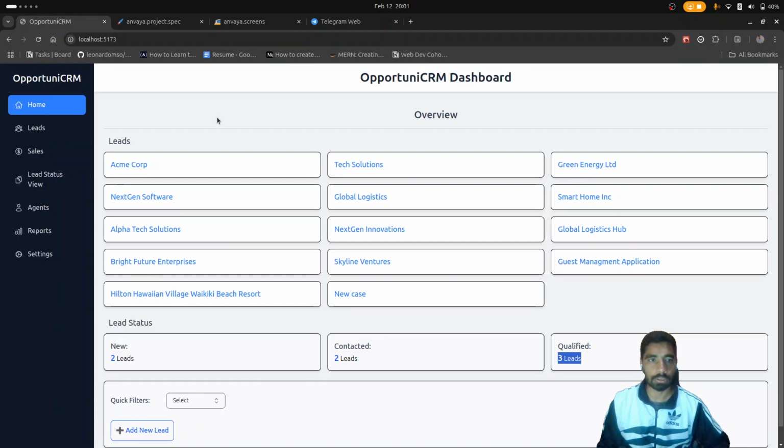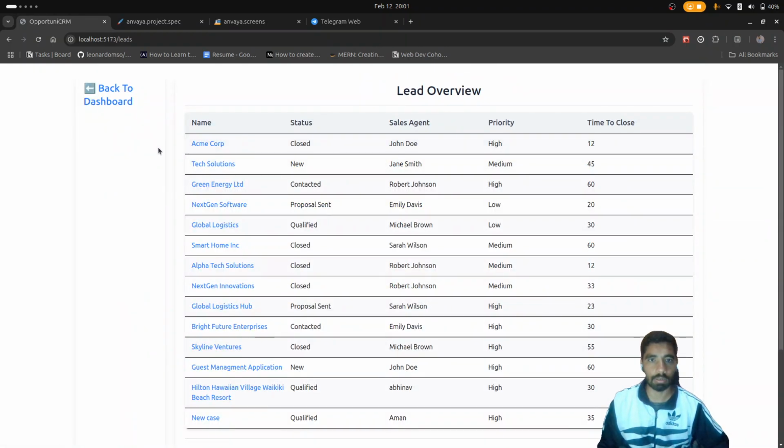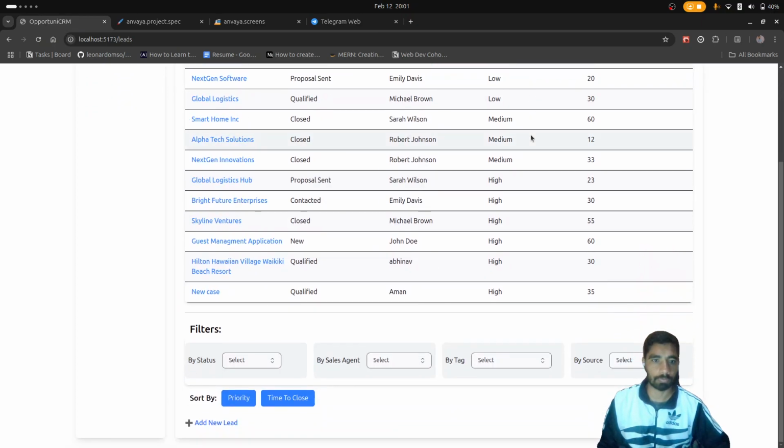So let's see our next page, the leads page. Here is the lead overview page, it will show all the leads fetched from the backend. So in the UI, name, status, sales agent, priority, and time to close.